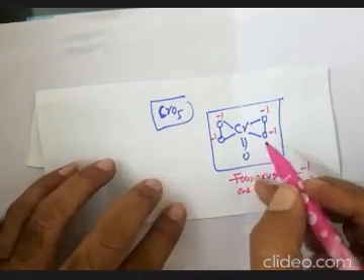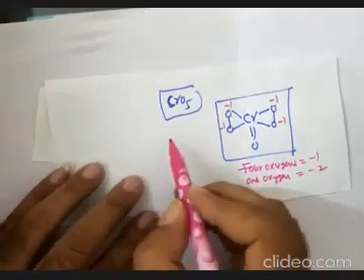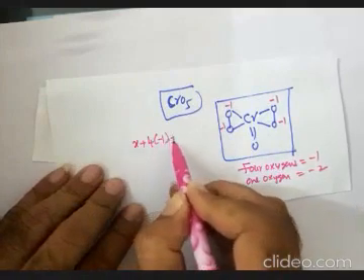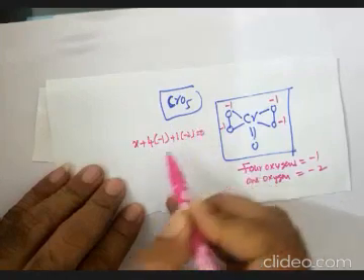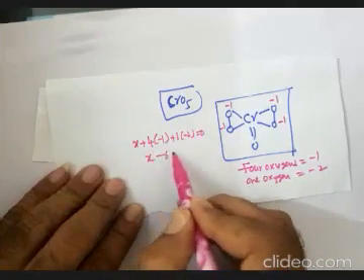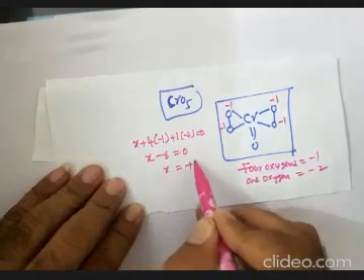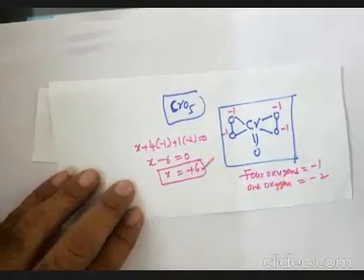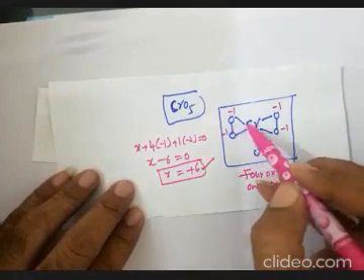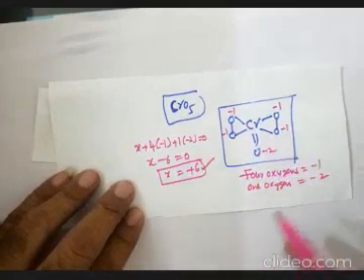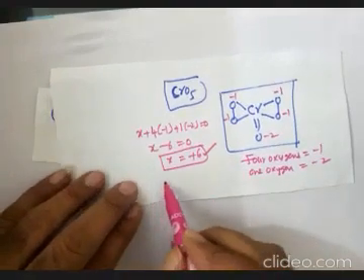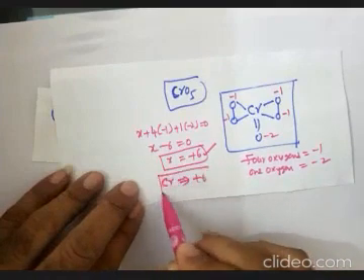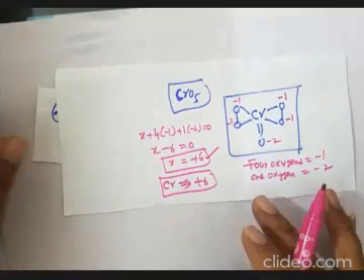So now you can calculate chromium oxidation number. X plus 4 into -1 plus 1 into -2 is equal to 0. -4 -2 is -6, so X is equal to +6. So in CrO5, chromium oxidation number is +6. Out of 5 oxygens, 4 show -1, 1 shows -2. And one more point, chromium highest possible oxidation number is +6. More than +6 oxidation state is impossible for chromium.